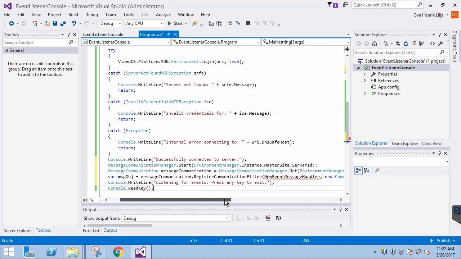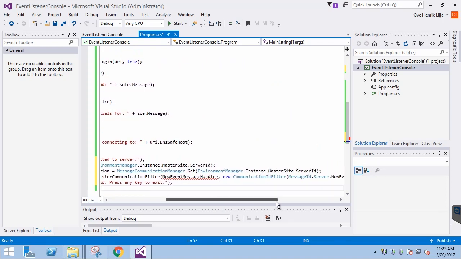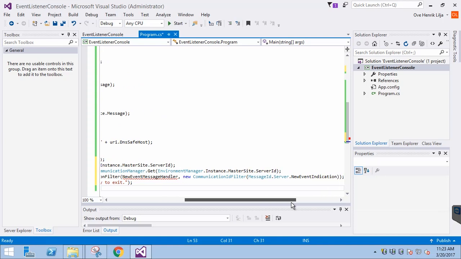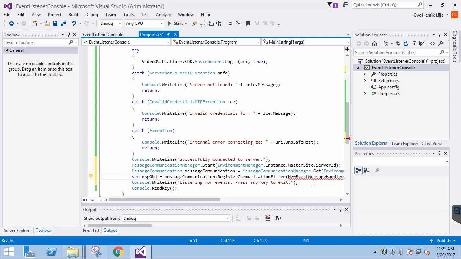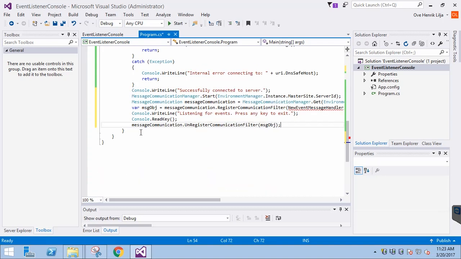In this case, we are interested in the New Event Indication message, which means any event. When we receive that message, we want to send it to the New Event Message Handler Event Listener, which we haven't added yet. When closing the application, we want to gracefully unregister the message subscription, so we will do that after the read key method.